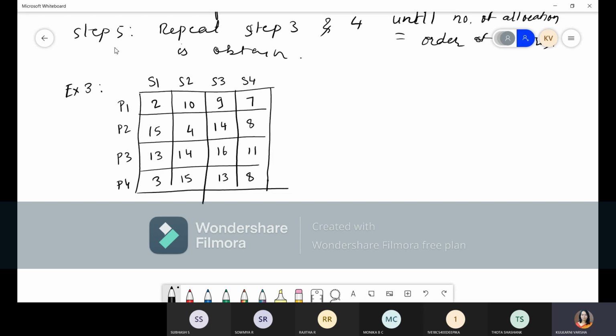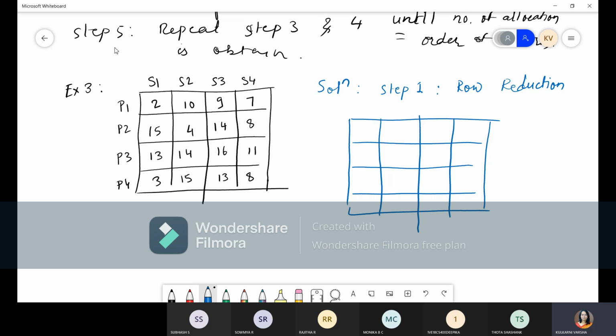Now what we have to do? Each professor should be assigned only one subject. We have to find out which subject should be assigned to which professor so that the total preparation time for all the subjects and all the professors is minimized. So we have to assign the subjects to the professors in such a way that overall preparation time is minimized. This is the problem. Now we'll go for the solution.